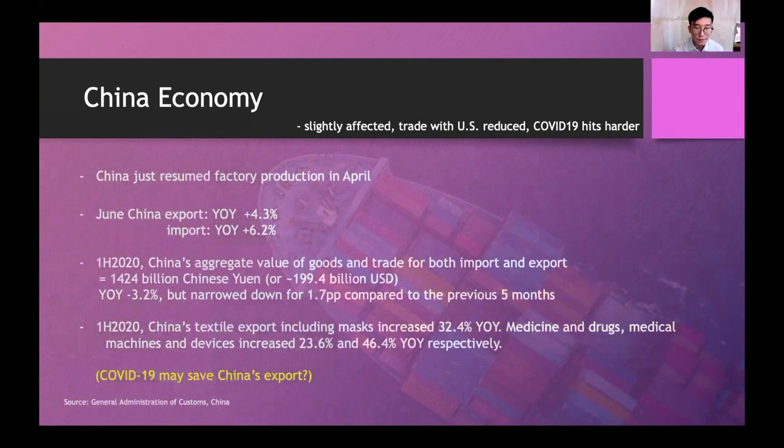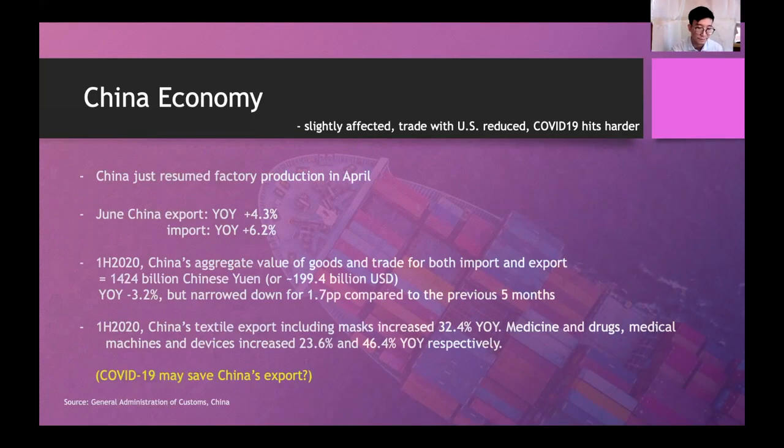In this year's April, China resumed factory production after the pandemic. It is interesting that in the first half of 2020, China's textile exports, including masks, increased 32.4% year-over-year. There were also increases in medicine, medical machines, and devices too. We might consider this as a helping hand towards China's exports, but it still takes time to observe,